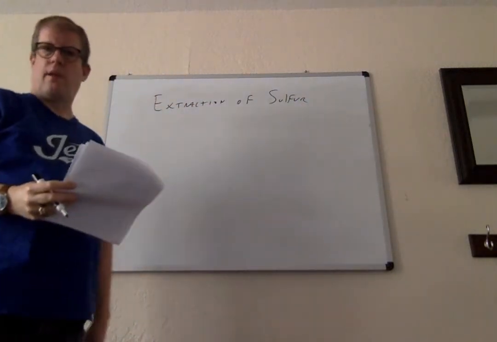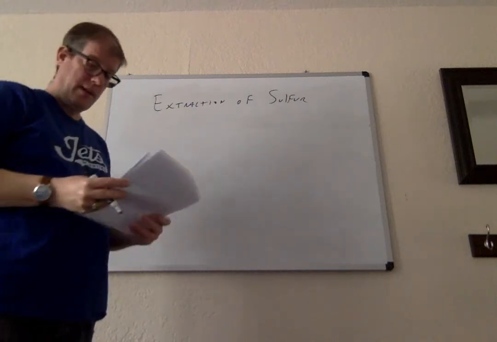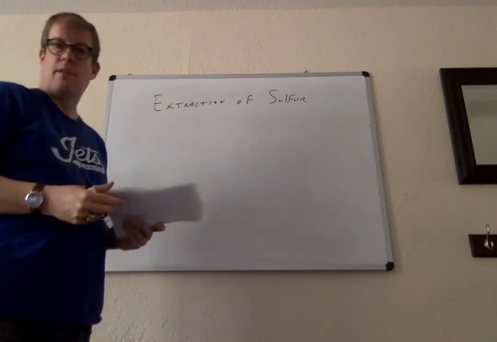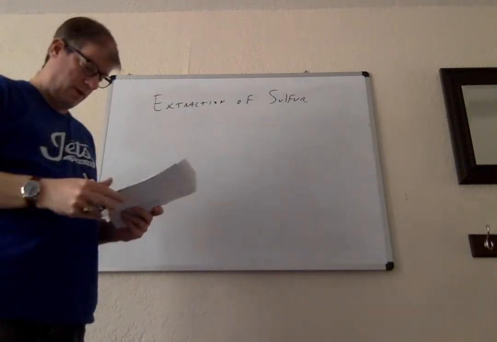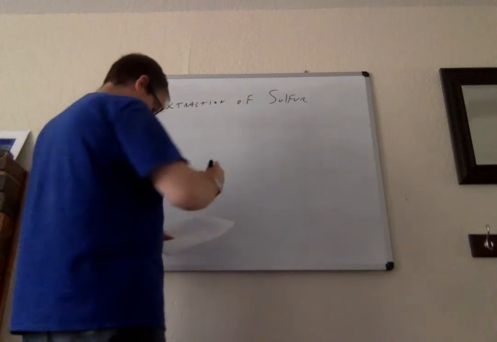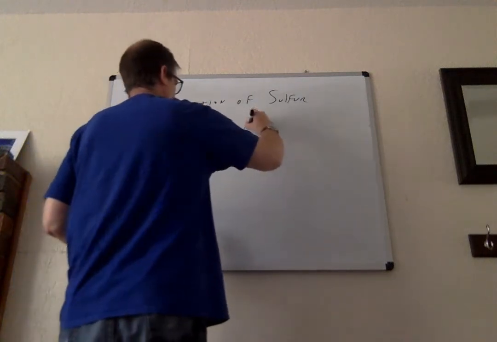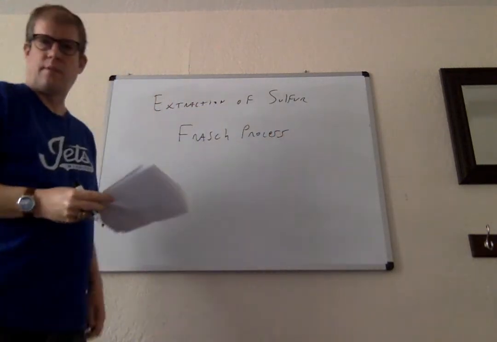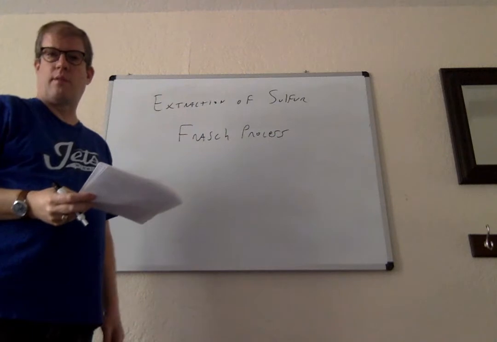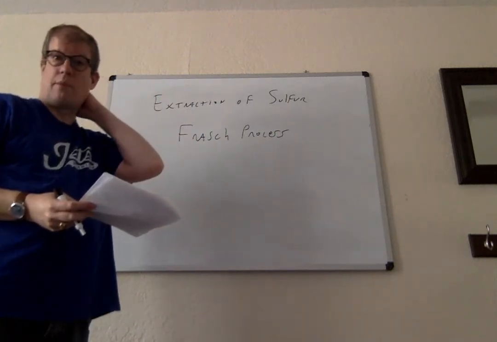Well, we, being the United States, and one other country, Poland, in the mines of Tarnobrzeg, have a huge deposit of sulfur. So it's extracted from the ground by the Frasch process. This is what we do in the United States, and also in Poland and anywhere else you would find large deposits.